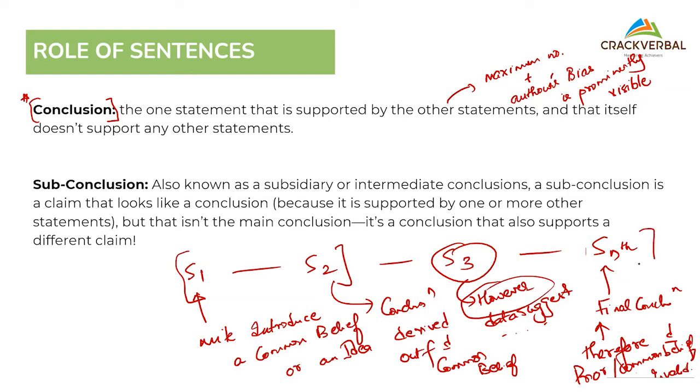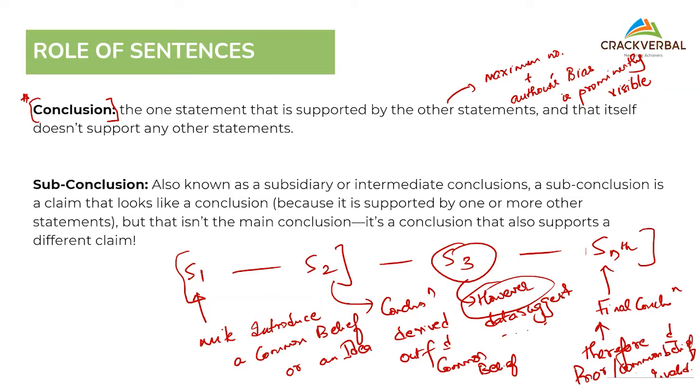So I just gave you a little case structural example. What did I do here? Can you all tell me how many conclusions there are in the para? Which one? S2 will be my conclusion. But I have clearly said S4 is the conclusion. So is S2 the final conclusion, or S4, the nth sentence? Which one?